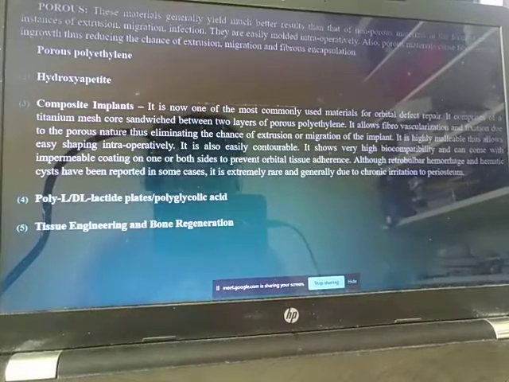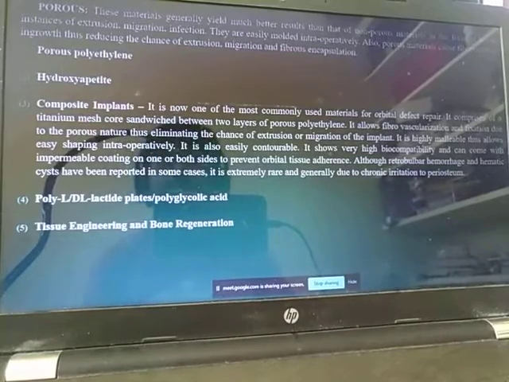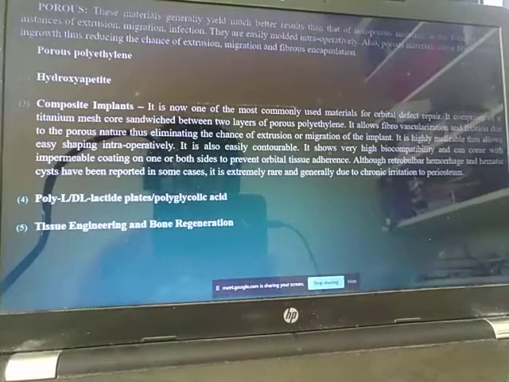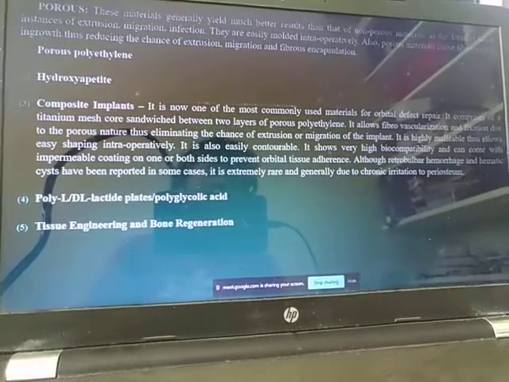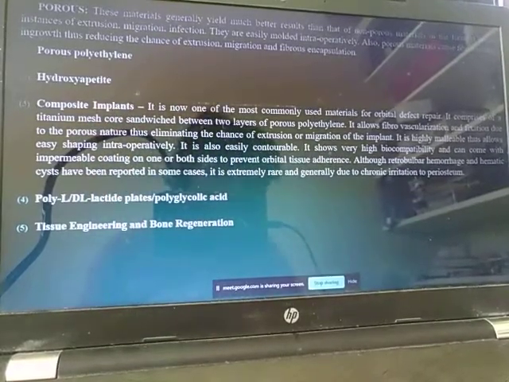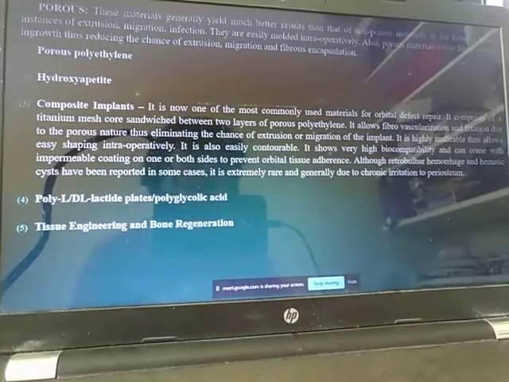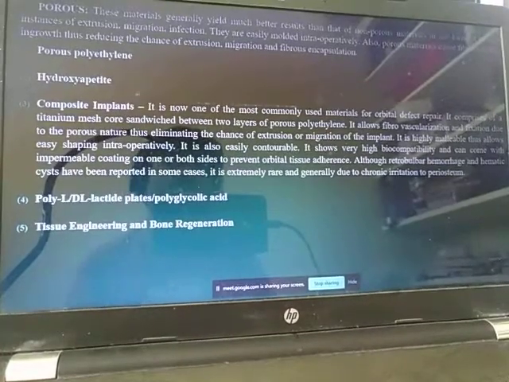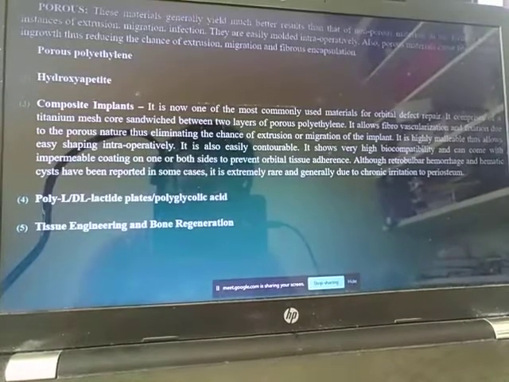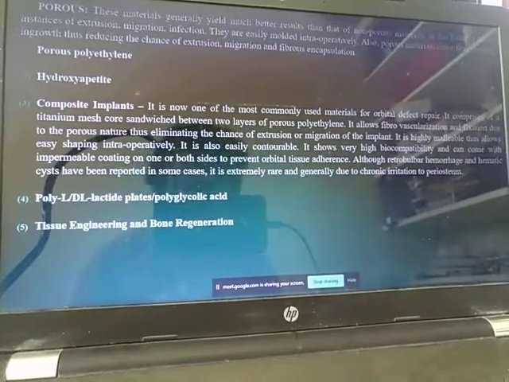First, porous polyethylene was used. It is a very good biocompatible material, but its structural integrity is not good and it is also pretty expensive. Second comes hydroxyapatite. The most expensive type of porous material used in the current state is hydroxyapatite, and it is also very brittle. It is very difficult to handle intraoperatively because it cannot be molded or shaped according to the shape of the orbit. It comes preformed, so it sometimes causes hindrance, and it's brittle, so it might sometimes break or crack while placing it intraoperatively, so it is very technique specific.